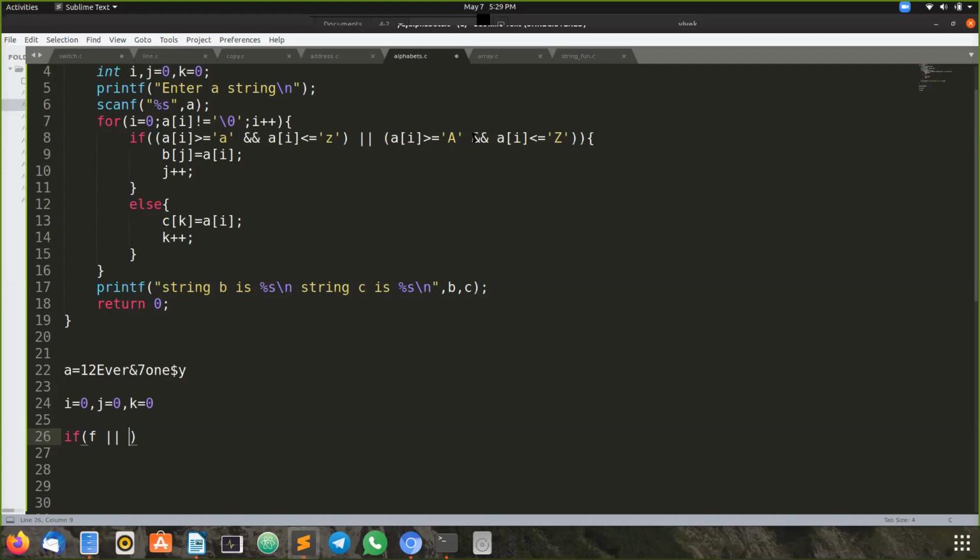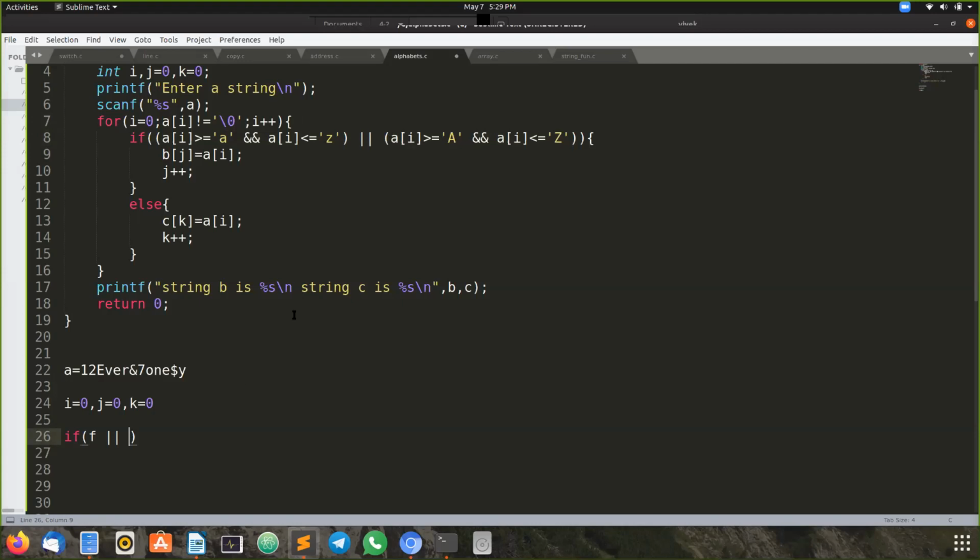So that is 1. And it also does not lie in the range of capital letters. Capital A is 65 and capital Z is 91 or 90. Simply add 26 to 65. That will be your range. It's around 90 to 91. So that is also not in that range.